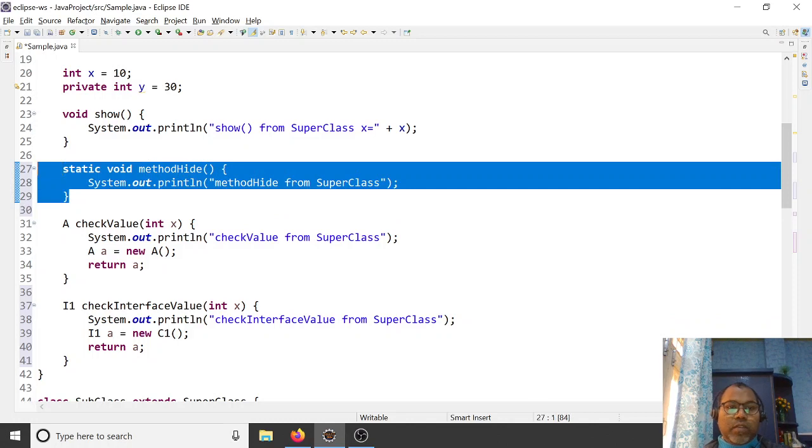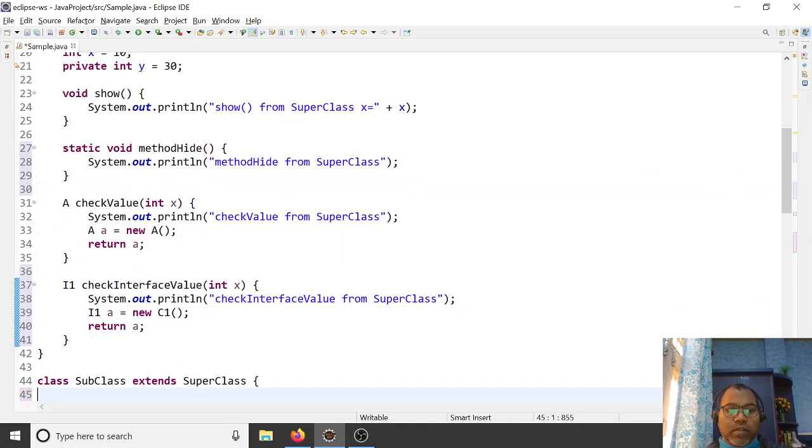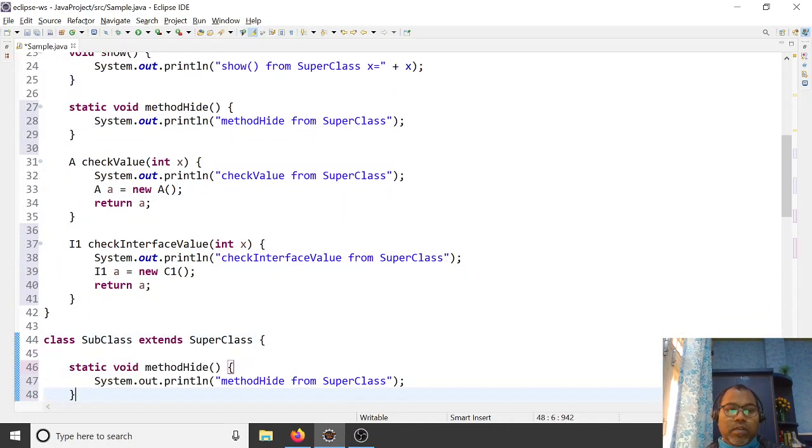You can define the same static method inside your subclass as well as here in the same class, the only difference being that this is the subclass.